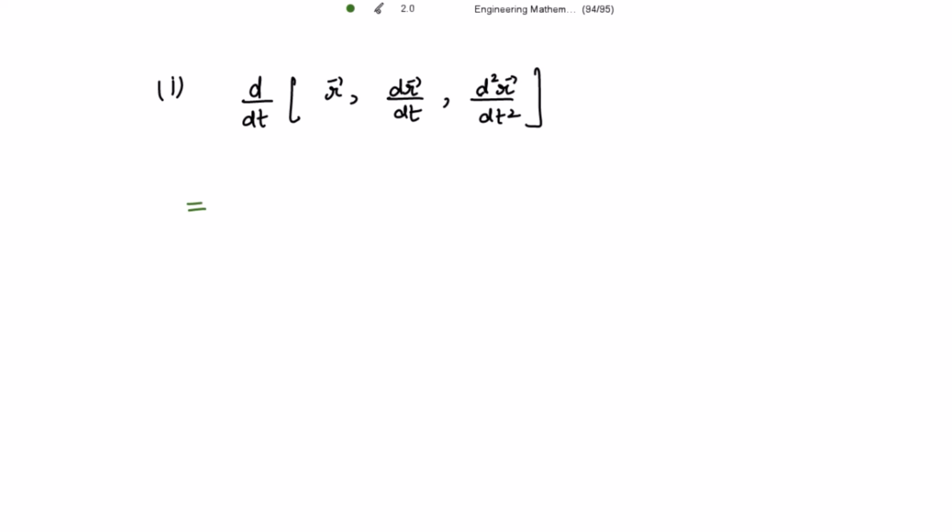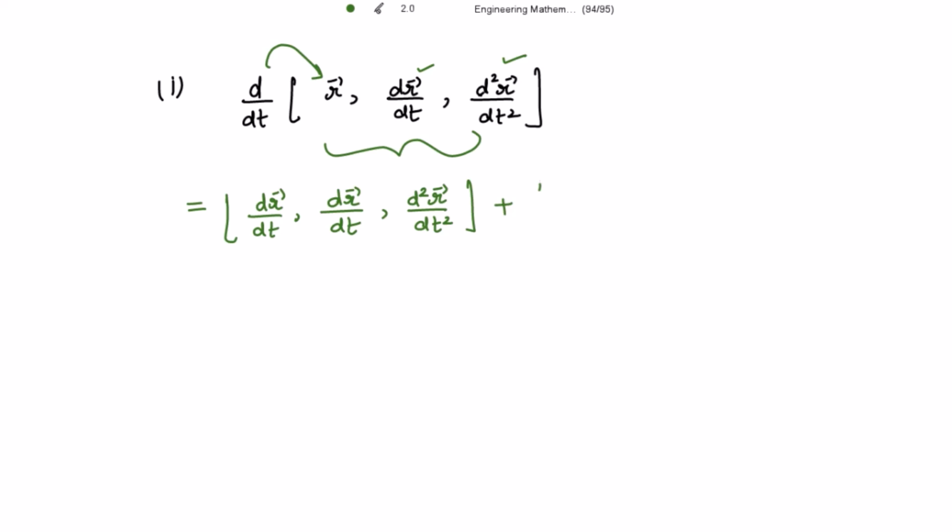So using the rule for finding the derivative of the scalar triple product, what is the rule? Just take the derivative of the first one, that is dr by dt, and write the other two as they are, right? And then plus taking the derivative of the second one, writing first and third as they are. So it is r vector, and then taking the derivative of the second one, that is the double derivative of r with respect to t, and writing the third one as it is,